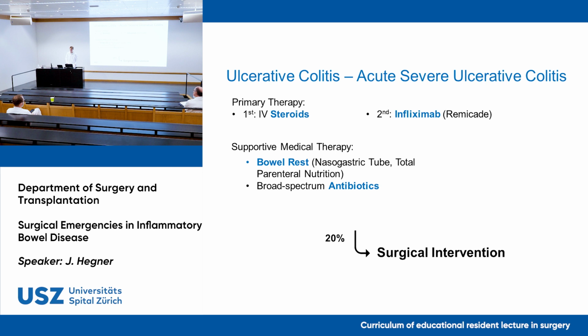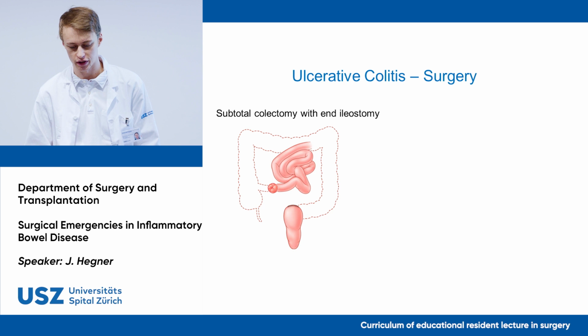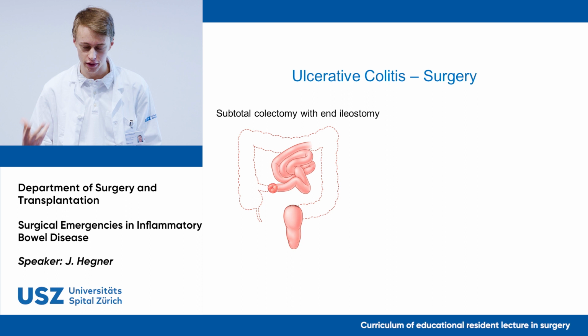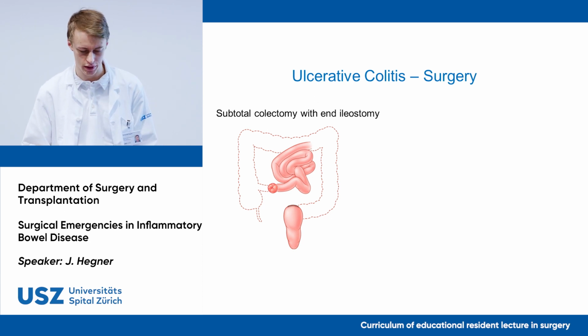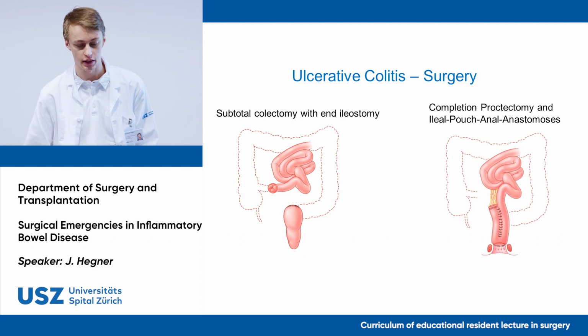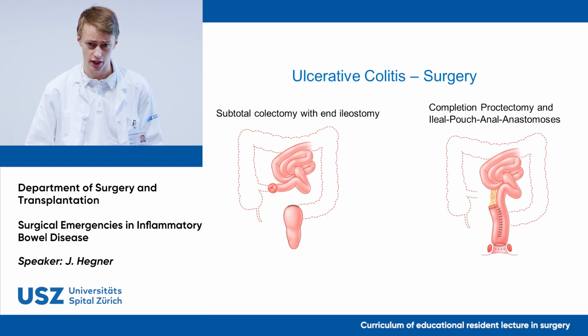Should a patient require surgery with ulcerative colitis, generally we'll go for a subtotal colectomy with an end ileostomy and a Hartmann closure of the distal bowel. It is a safe and effective approach. And it is used in ulcerative colitis as this disease is limited to the colon, and therefore, in theory, it should cure the patient of the disease. At a later stage, a completion proctectomy and an ileal pouch anal anastomosis can be done. And in this setting, at this stage, we would place a protective stoma upstream, which in a third step, we